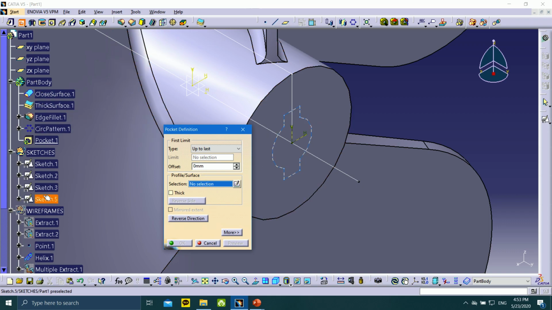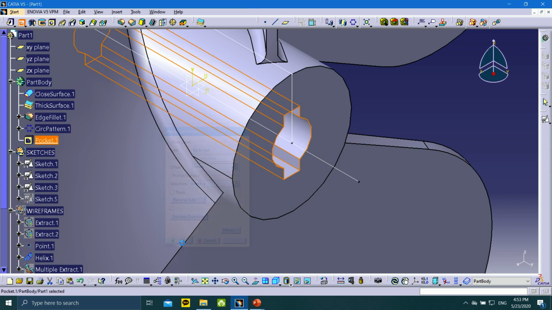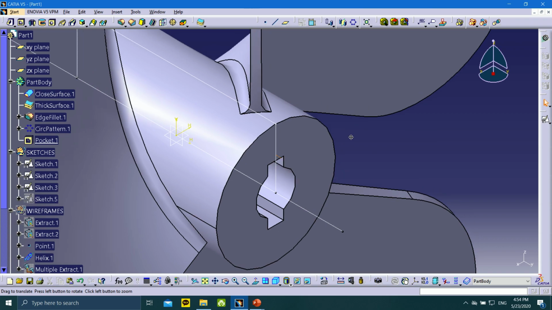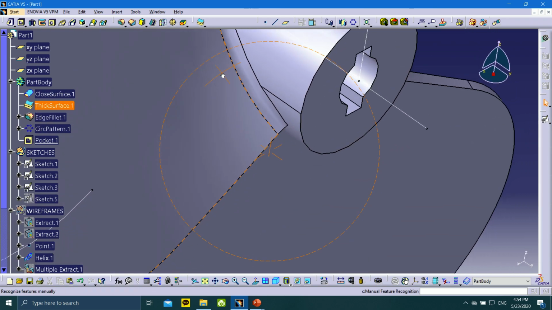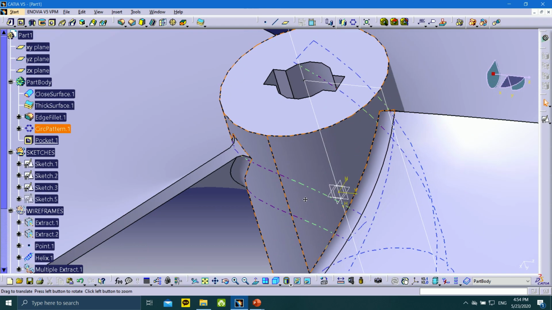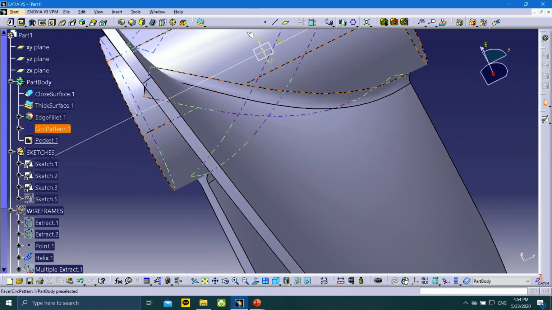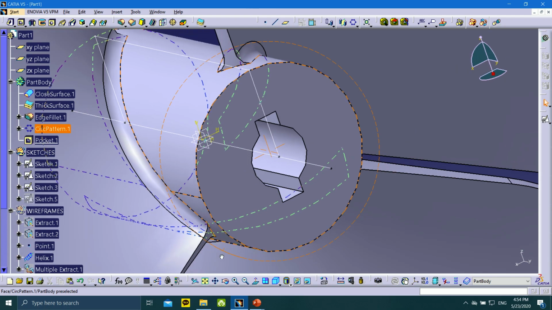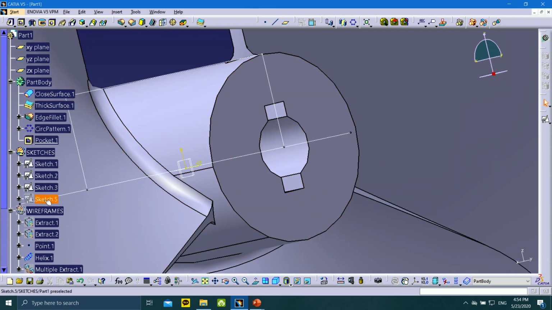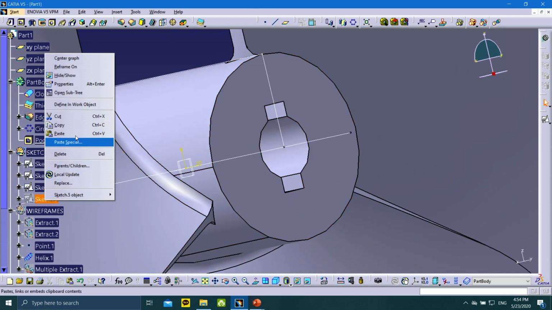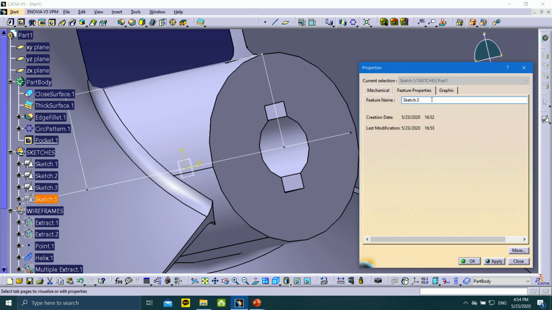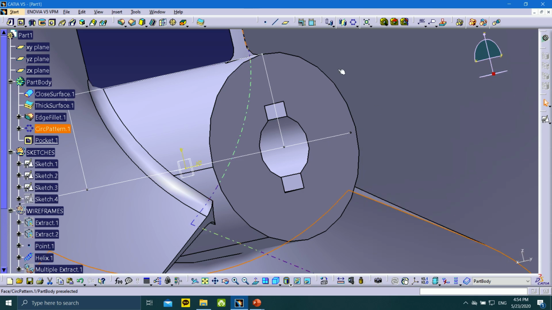Surface selection is sketch 5, or I will rename it later. Okay, this one goes through, from front to back, is a full pocket. Okay, this one should be, I made a mistake previously in sketch 4. Anyway,